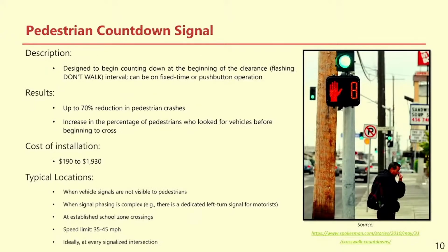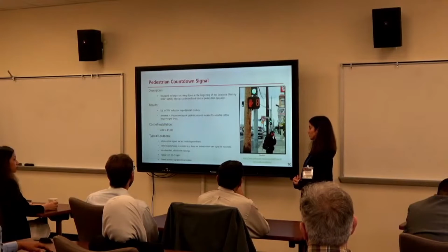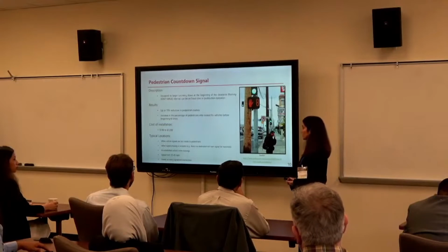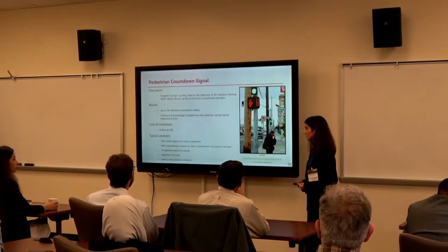The next countermeasure is pedestrian countdown signal, which is designed to start counting down at the clearance interval, and they can be on fixed time or push button operation. And the results of different studies show that this countermeasure reduced pedestrian crashes by up to 70%, and they increase the percentage of pedestrians who look for vehicles before starting to cross the crosswalk. And they cost from $190 to $1,930, and they were